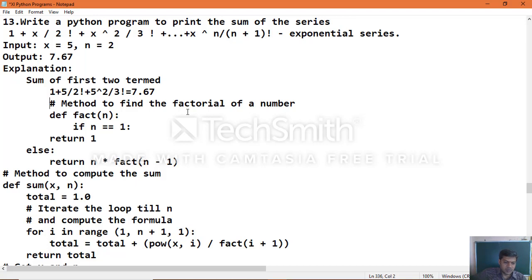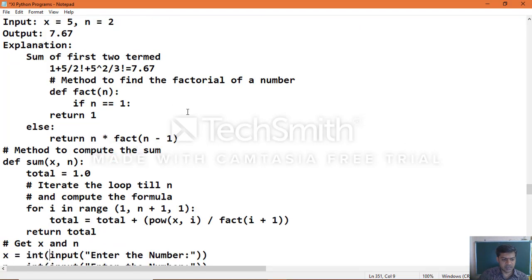Total equal to total plus power of x comma i, x to the power of i, divided by fact of i plus 1. Whatever x and n values you give, according to that the sum of the values will be calculated. Once it calculates the sum, then it will return the total.